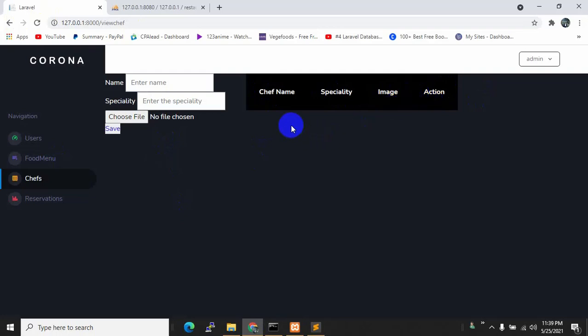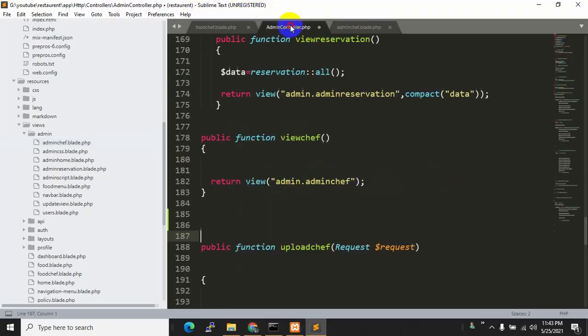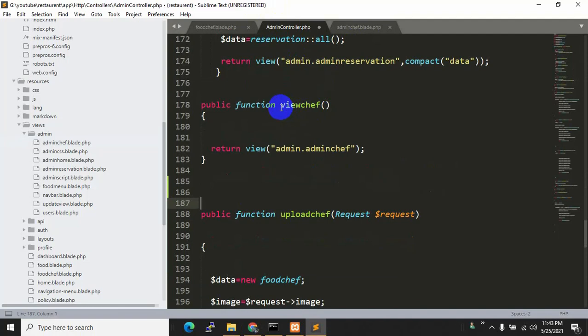Okay, so we are going to show our chef data from our database over here. For this we need to go to the controller where we are showing this view chef view. Let's go to our controller, which is inside admin controller, and here you can see public function viewchef. We are actually returning the view admin.adminchef, which is this one.